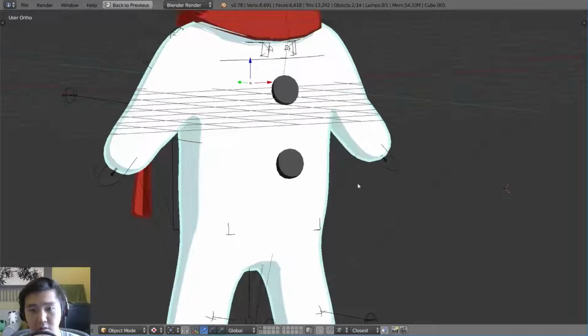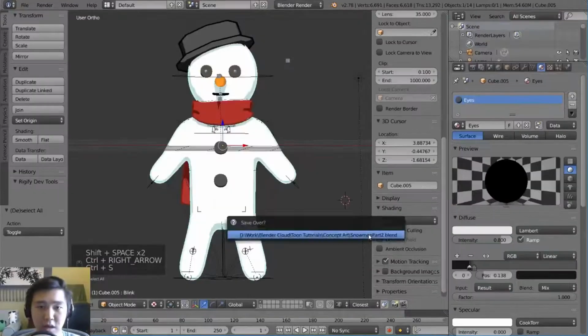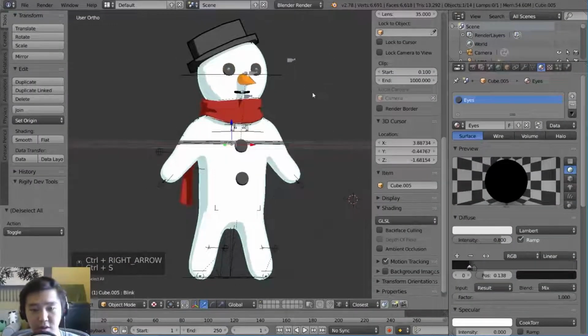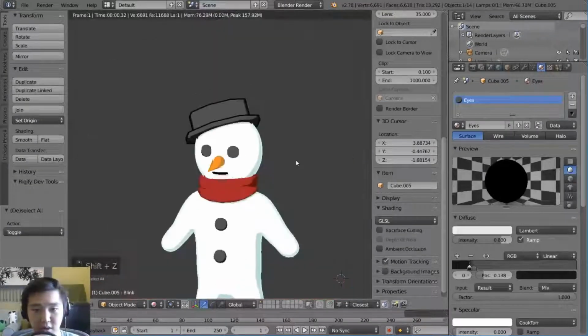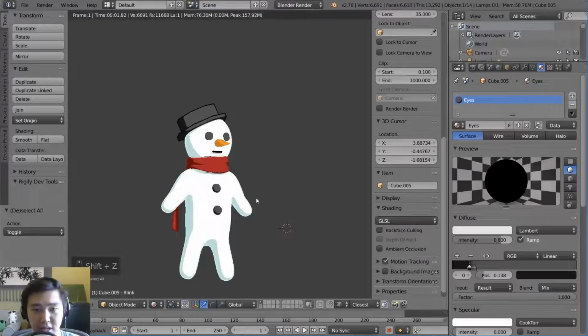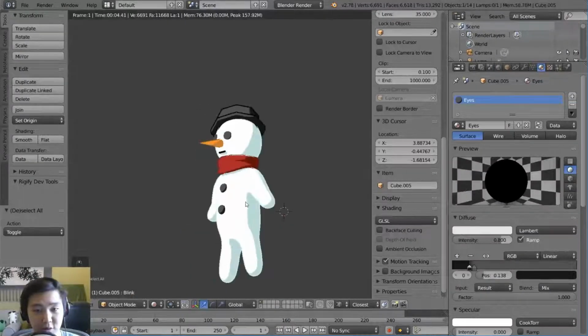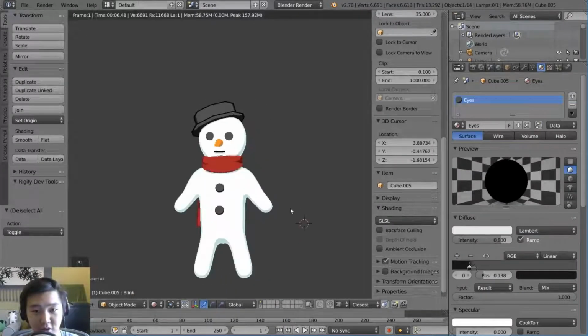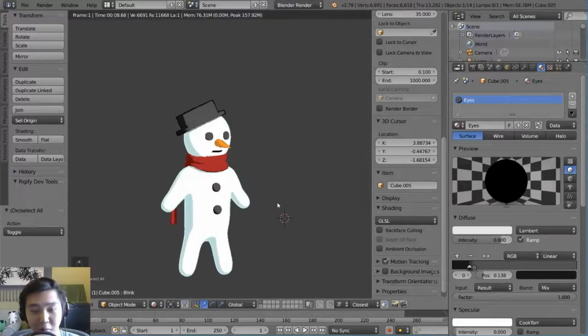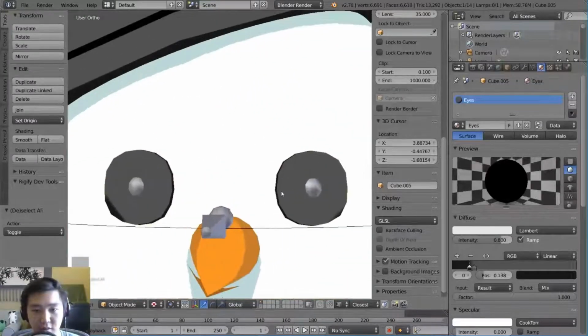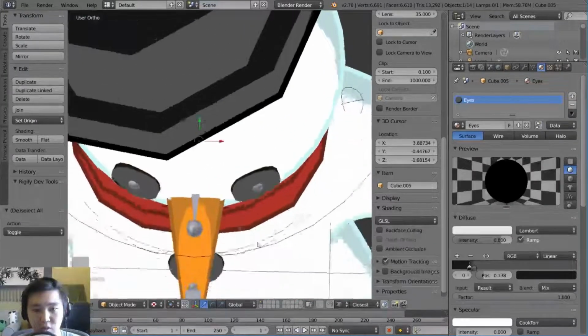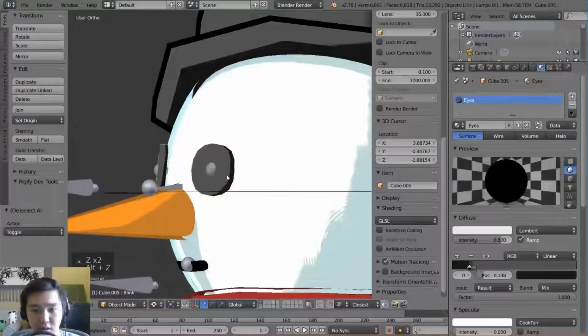Now, before we move on, there's one thing I want to do, and that is to solve this creepy looking snowman, because he just looks way too creepy right now. I mean, his eyes look lifeless and dead. He doesn't look like a toon character that we would share with our children. More of a creepy doll. So I want to give him a little bit of life, and it has a lot to do with his eyes.